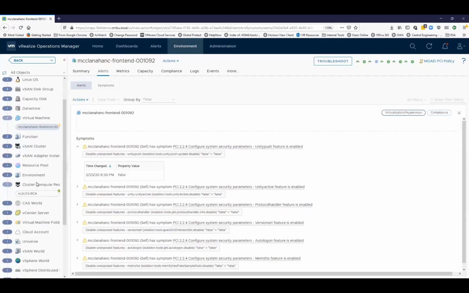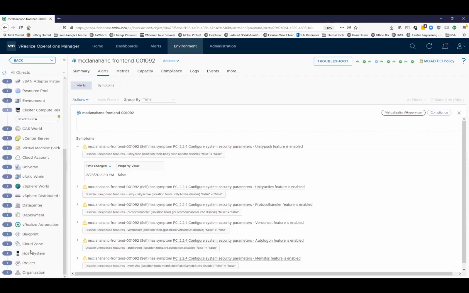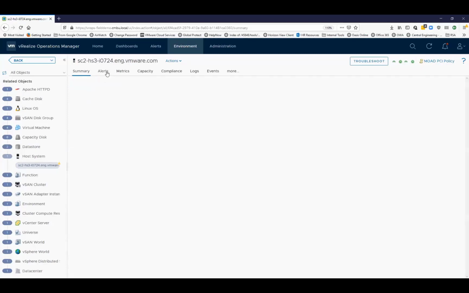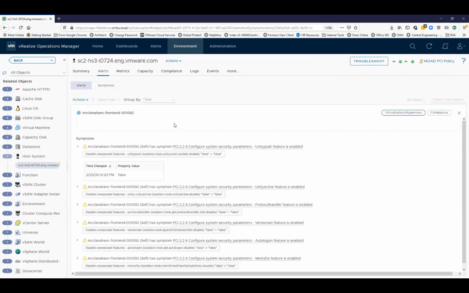What's cool about that is if I look at, for example, the hosts that support that application. So let me go to the host system. And so the host that this particular front end runs on, just double click on that to switch context. And if I look at the alerts for that host,